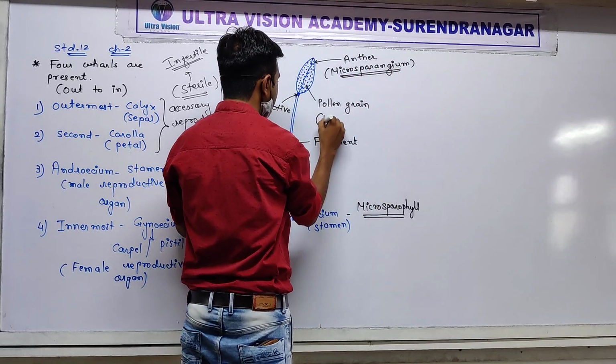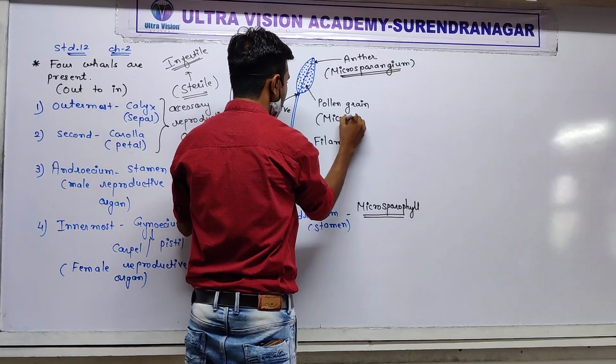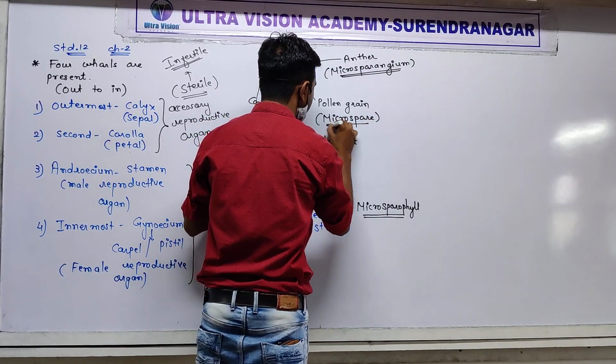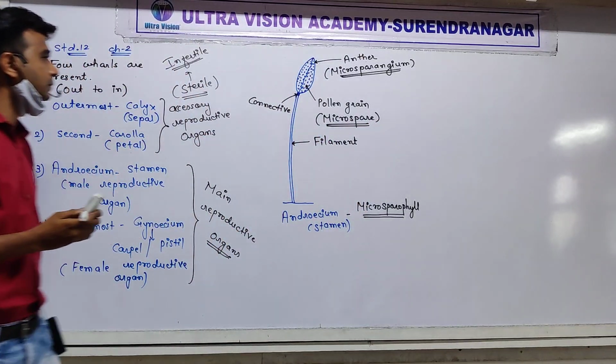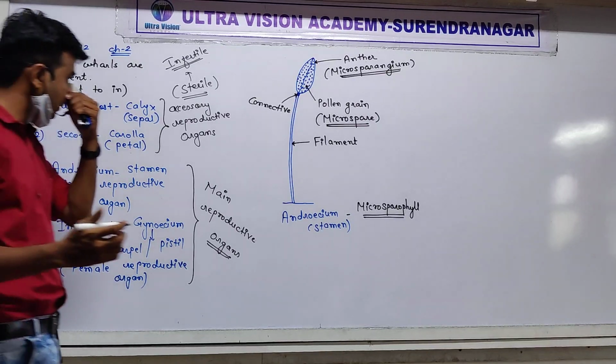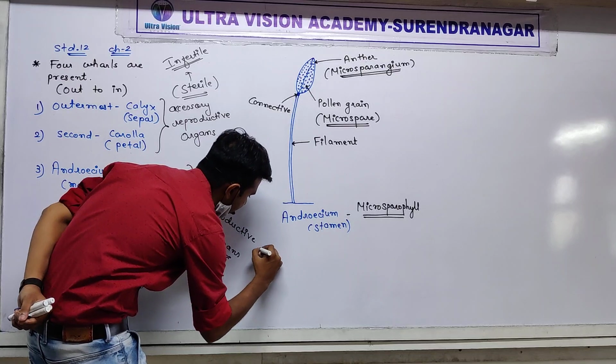And the pollen grain is known as microspore. These are the synonyms of the different parts of the androecium, and here filament and connective